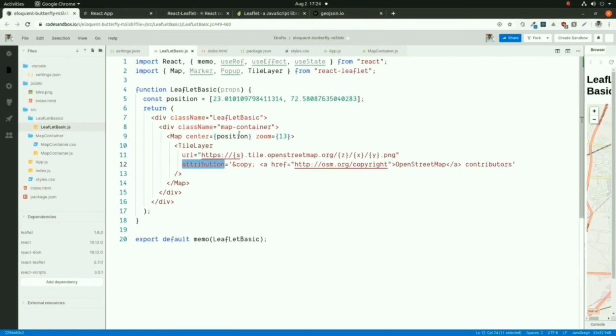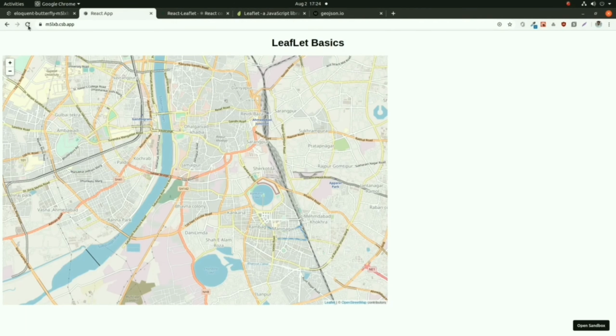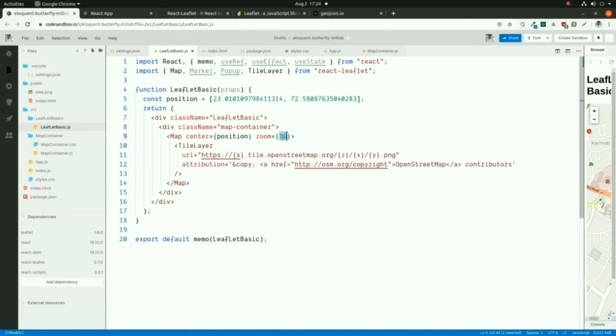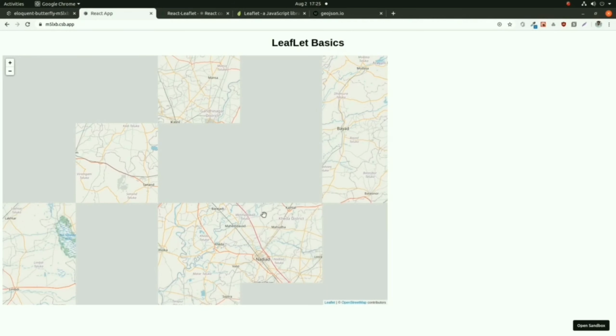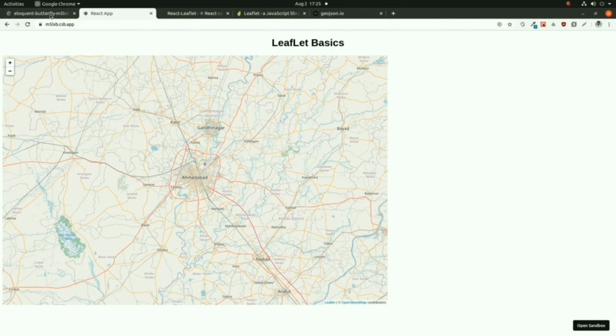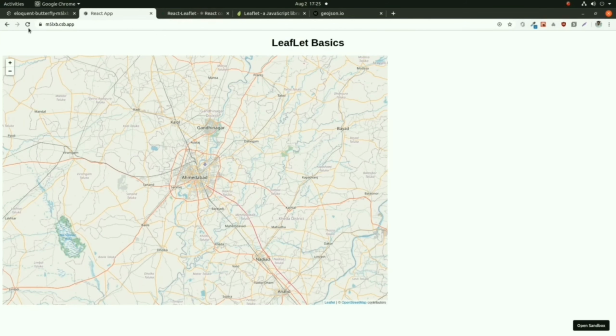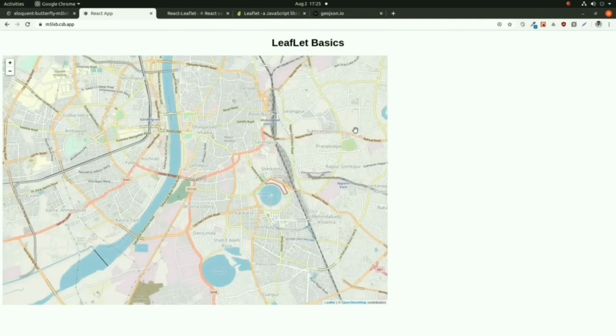This is your initial position. Now this is the zoom level. If I increase the value, you will go inside the map. As I increase the value, you zoom in to the map. If you decrease the value, I have set it to 10, you zoom out from the map. So here I will put the basic value, that is 14, to render my app. So this is the output for zoom level 14. By this way your tile layer will render the background of your map.